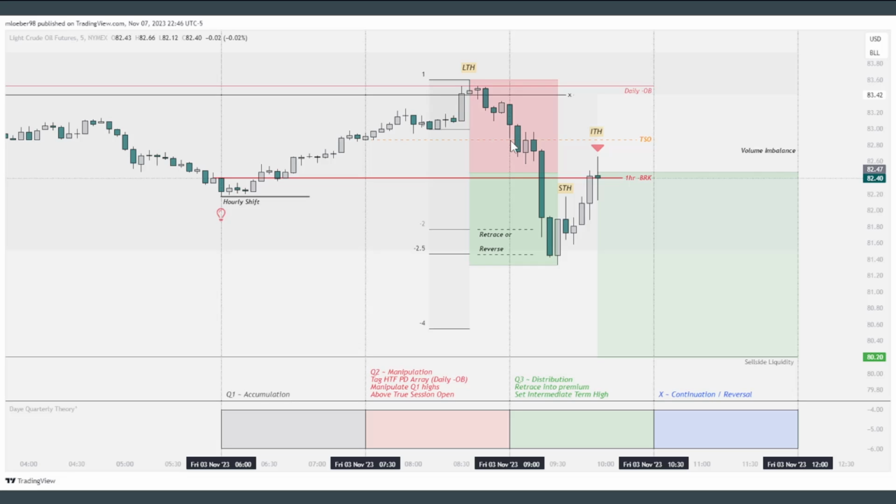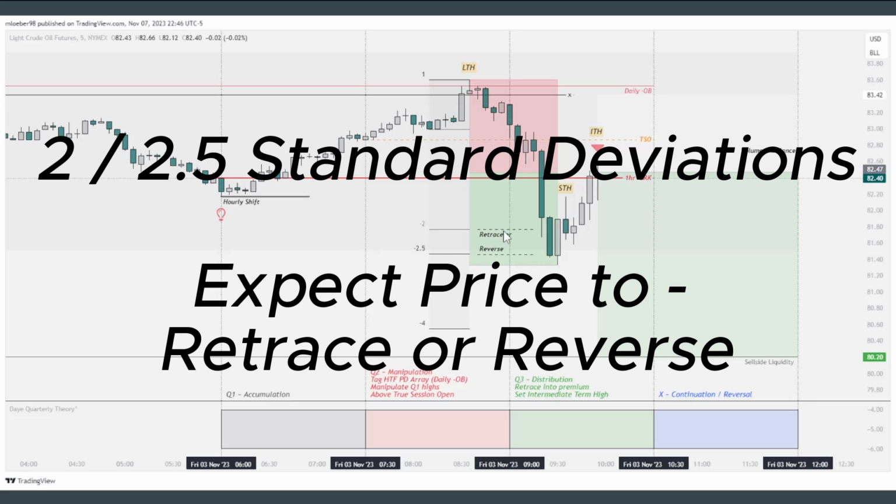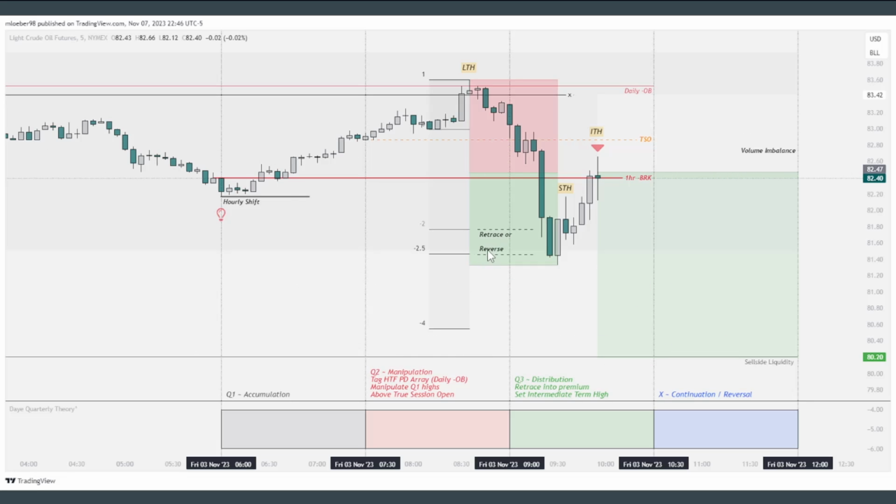And once we displace lower, we reach 2 to 2.5 standard deviations. And once you reach 2 to 2.5 standard deviations, that is when you expect price to either retrace or reverse. And on top of that, if you look to the left, this is where we have labeled for our hourly shift in structure. But once we reached that area of price from 2 to 2.5 standard deviations, I measured from